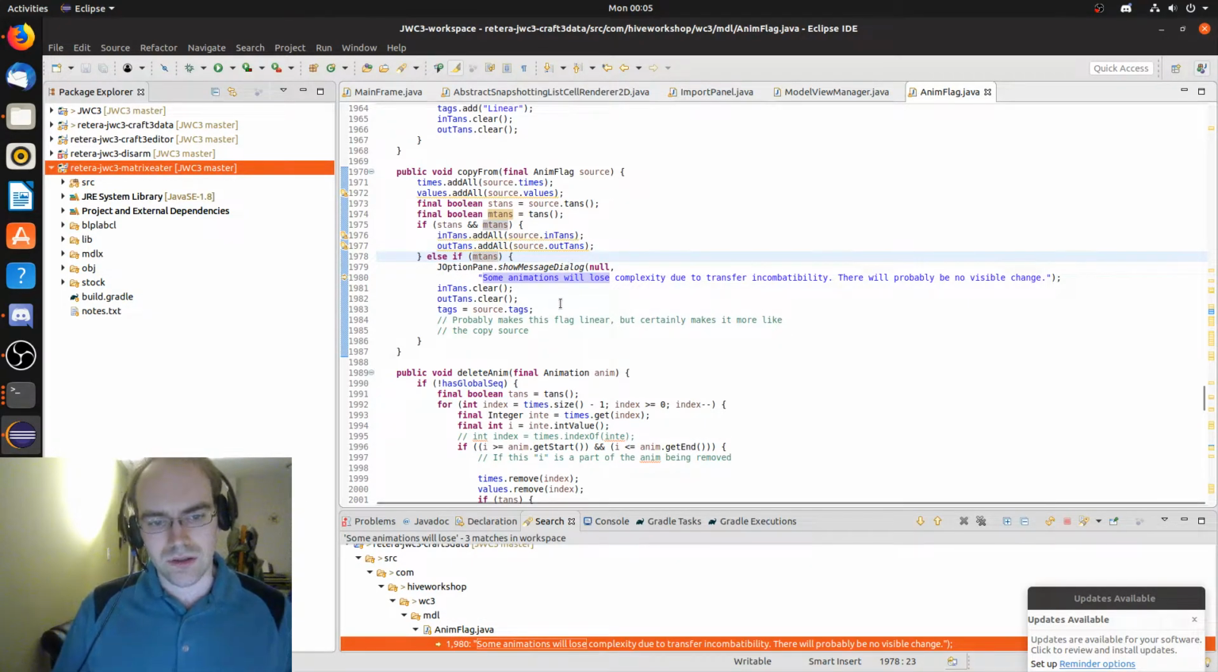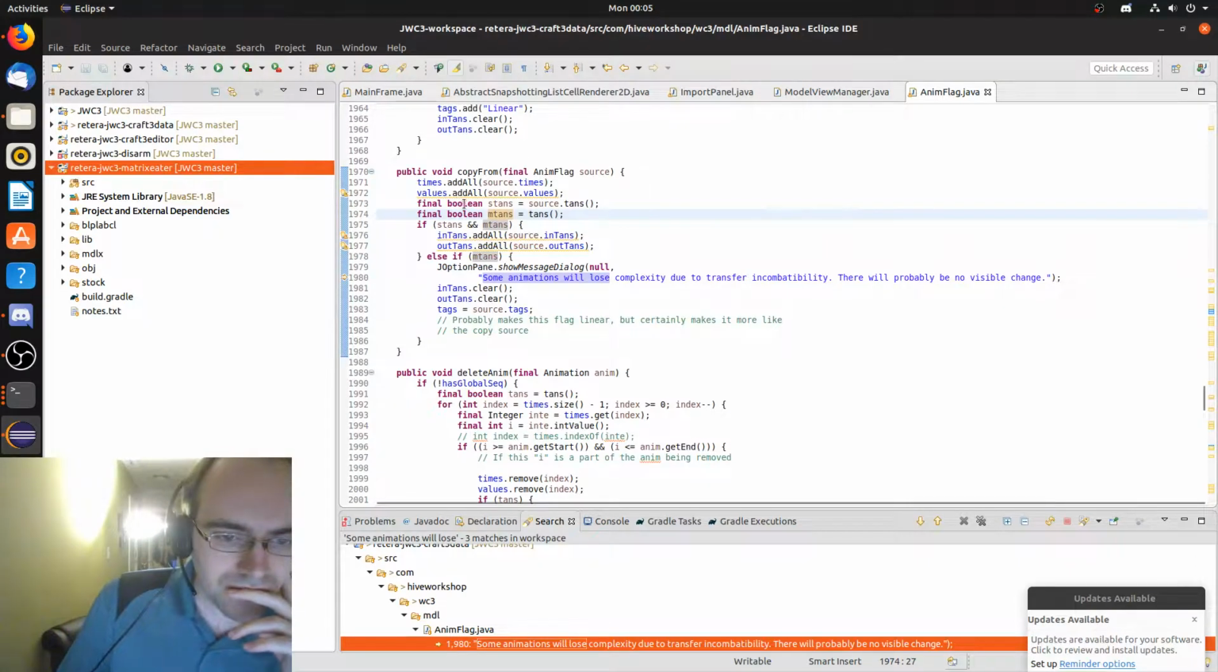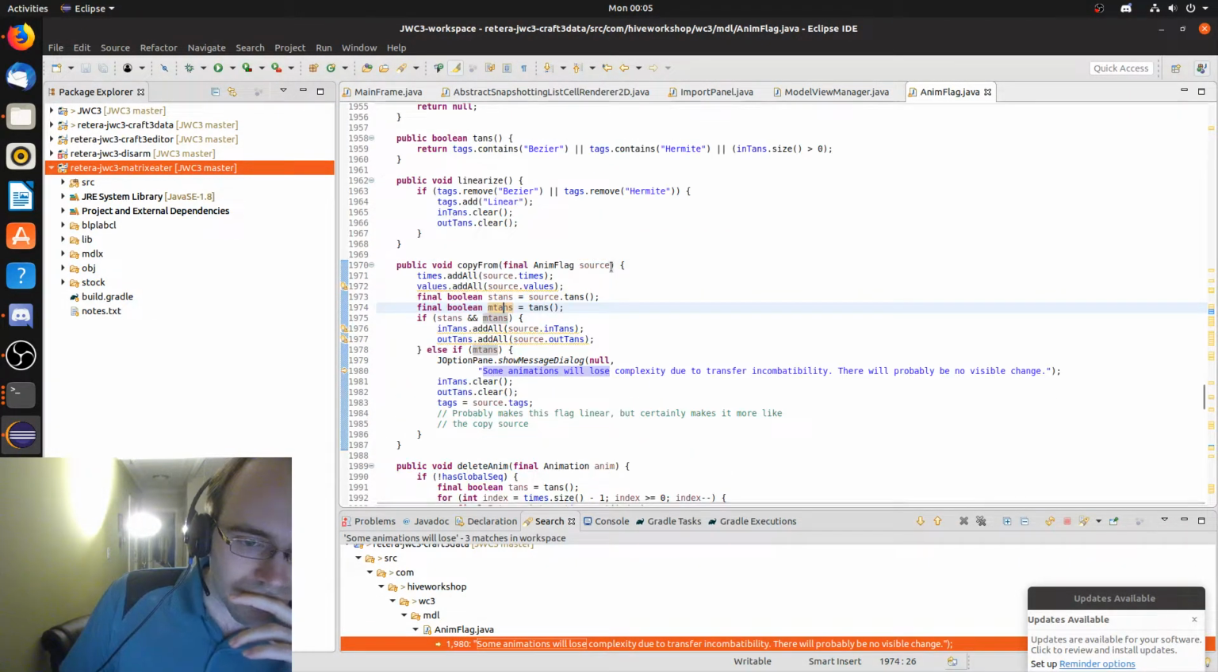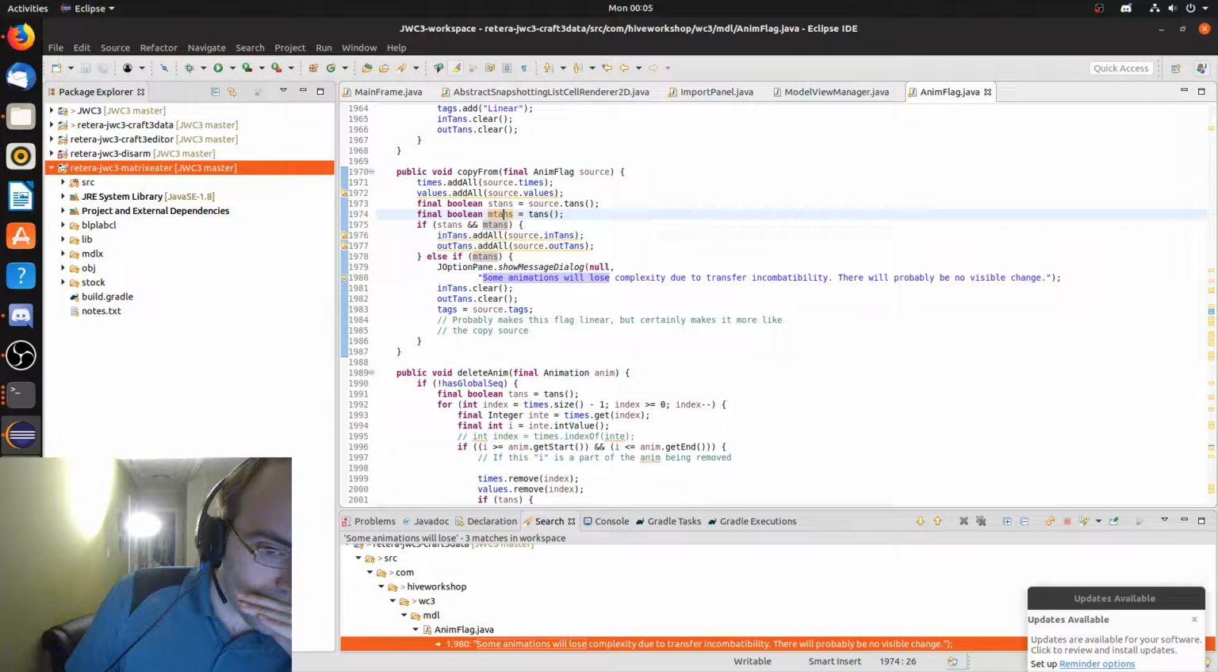Tans. If S-tans and M-tans. What brilliant names. Clearly you know what that is, right? No, nobody knows what that is. What is S-tans? S-tans is source tans. M-tans must be the imported model as tans. So we're importing something that has tangential motion onto something that doesn't. There's clearly